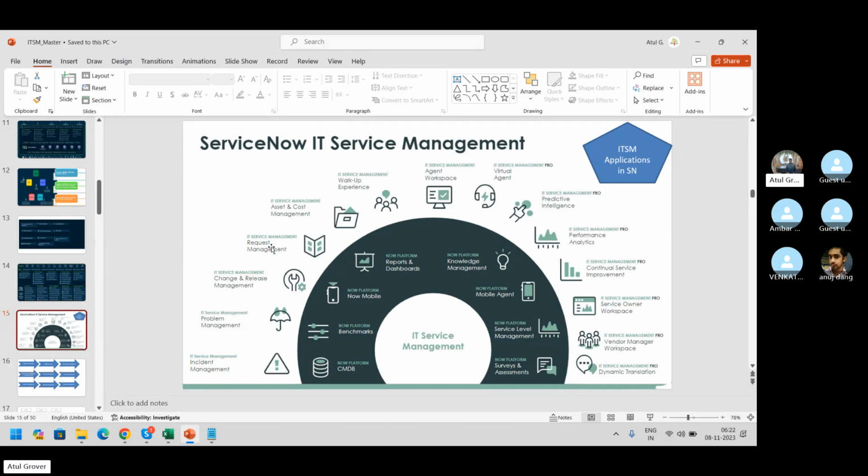I said, okay, I'll bring a toy for you, but before Diwali you have to complete your homework. I'm giving the approval. Okay, we'll go to the market, we'll get it, but before that you have to do these things. This is request management. These four are the core areas for our discussion.